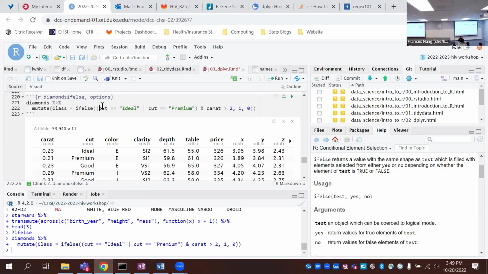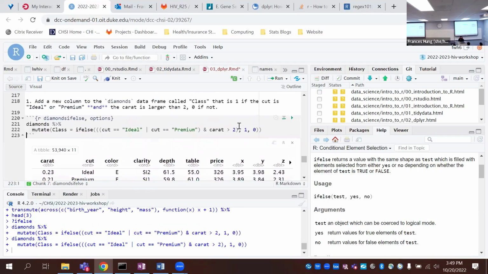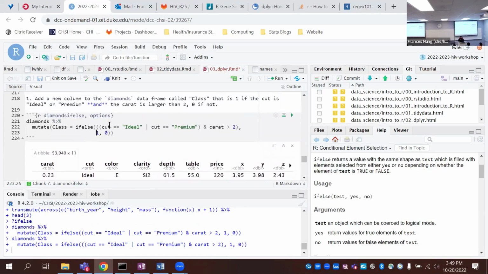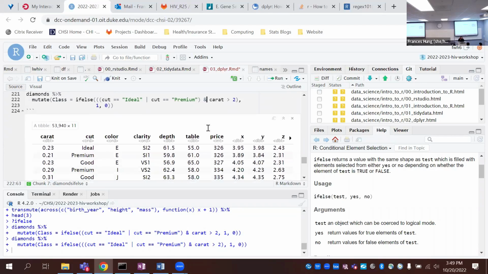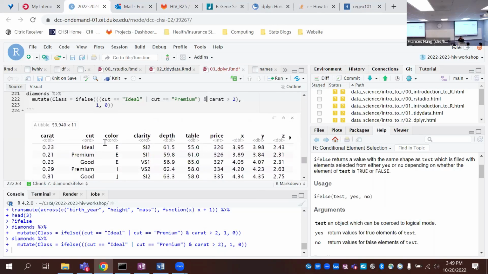I'm just going to add one more parenthesis because I don't think this looks correct yet. Okay, the fact that I'm still ending up with good cuts is not ideal.